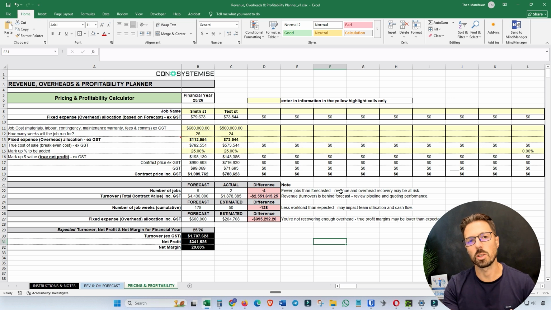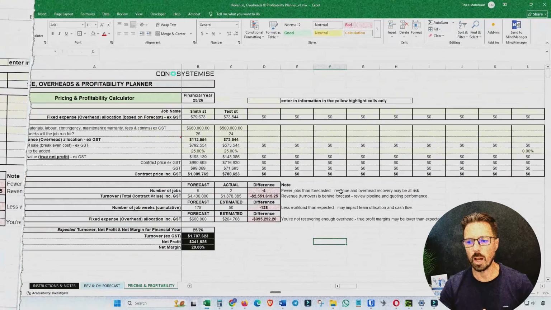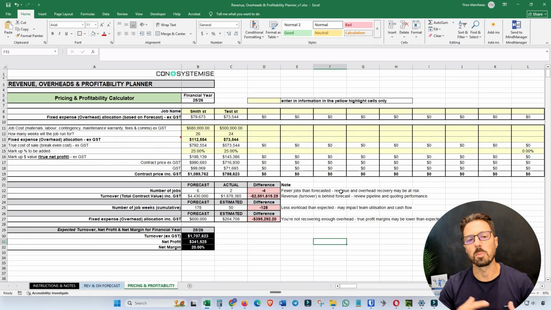at the start of the financial year is still looking correct at that midway point of that financial year, so that if you do need to make any adjustments, those adjustments are then picked up in what the overhead allocation should be for any jobs you're pricing those final 6 months. So there's a few tweaks there, and for any of my Consistentwise clients, I've documented all that